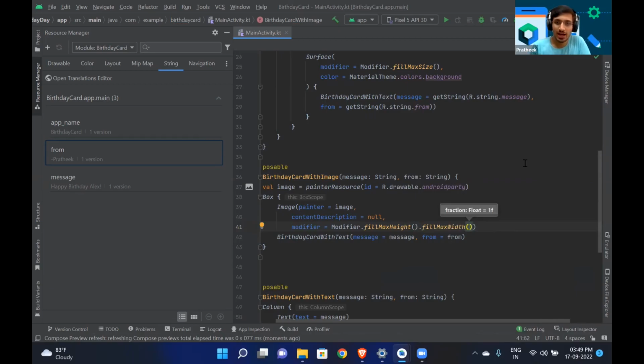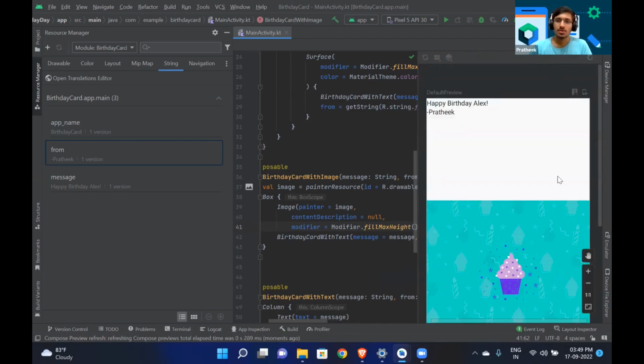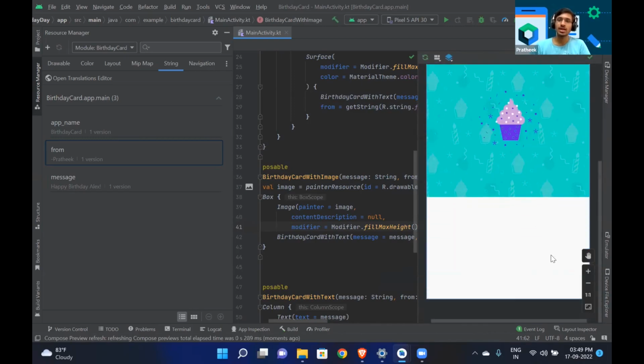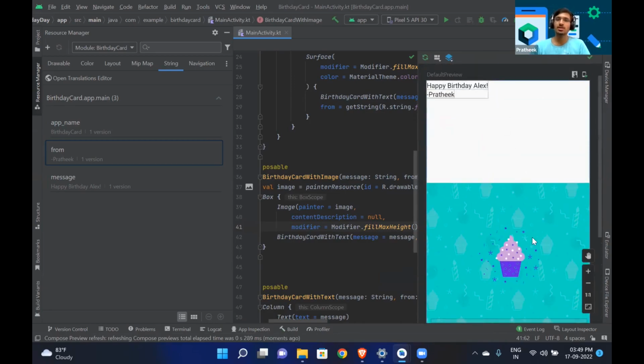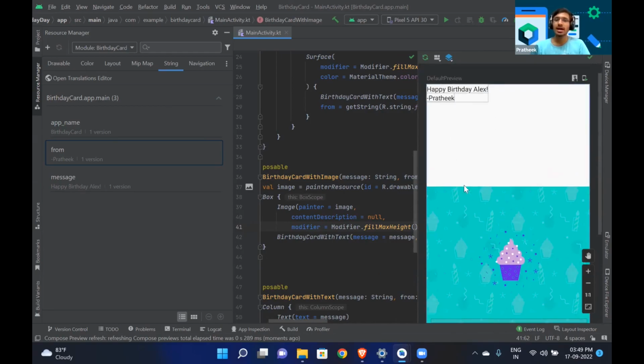Modifier dot fillMaxHeight dot fillMaxWidth. By doing this, you can get something like this. Okay, so we can see it has filled the height and width,